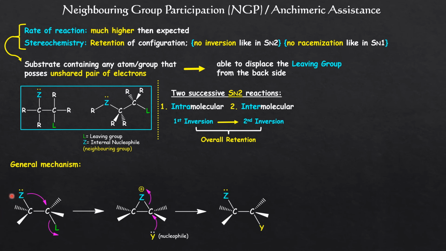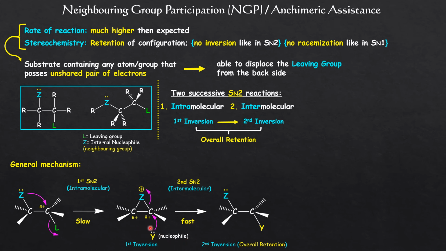Here, the first step is an intramolecular SN2 mechanism, where the neighboring group is acting as an internal nucleophile, and it will attack the carbon at the reaction center from the backside of the leaving group to give a cyclic intermediate, that is usually a cation. Now the second SN2 reaction takes place by an external nucleophile from the backside, and the unstable bond between carbon and neighboring group is broken. Here we have to understand that to neutralize the charge, the neighboring group will abstract some electron density from both of the carbons, and these carbons will become delta positive.